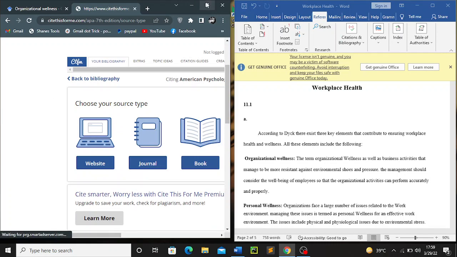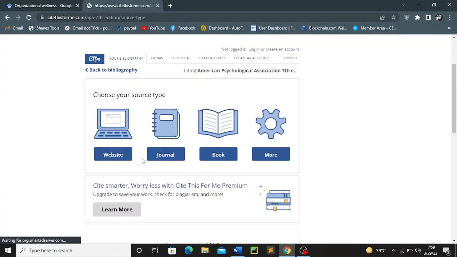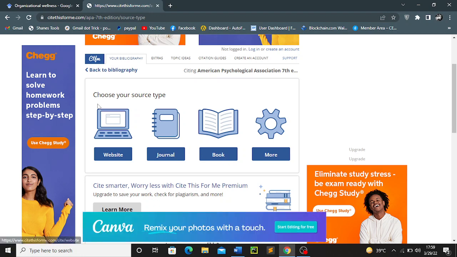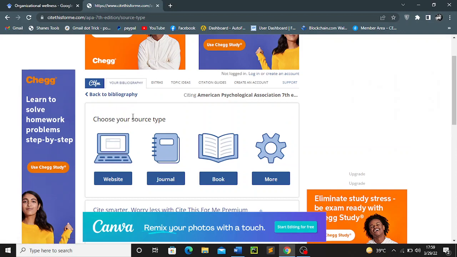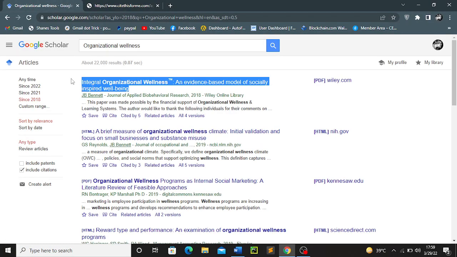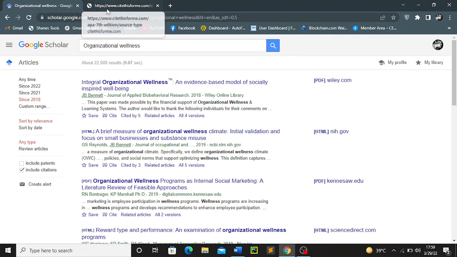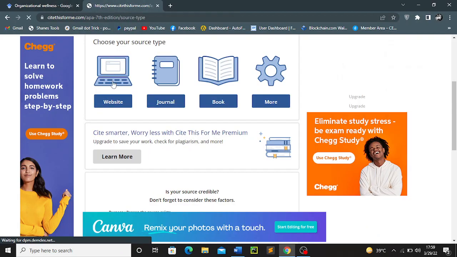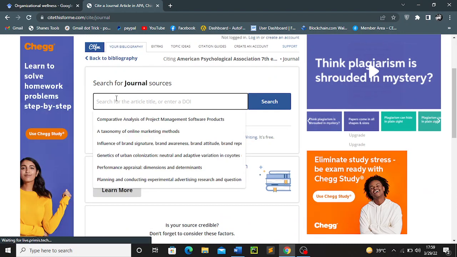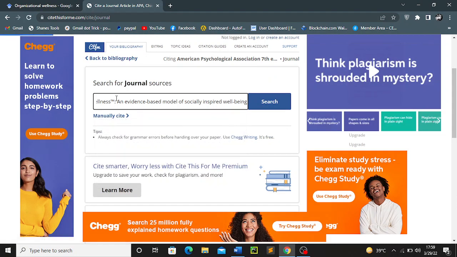As you can see here, a large number of options are present that include website, journals and books, and you can select according to the source you are going to cite in your document. So I have just copied the name from Google Scholar. You can say that it is a journal article, so I will select journal from this option. I will just paste that title,